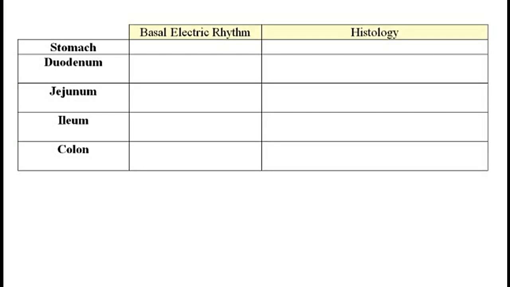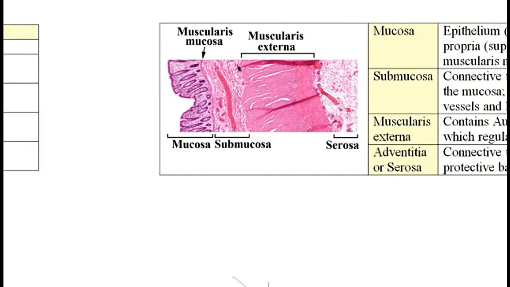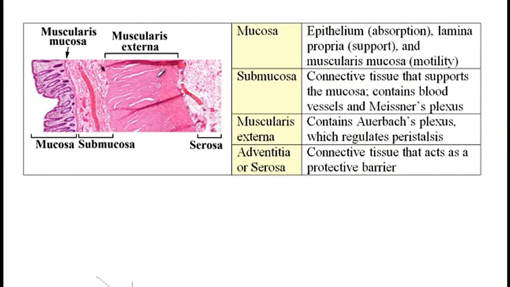In this video, I will go over the histology of the GI tract and discuss the findings that are specific to each of these segments. So there are four main layers in the GI tract, and these include the mucosa, which contains the epithelium that is required for absorption, as well as lamina propria, which is required for support, and finally the muscularis mucosa, that